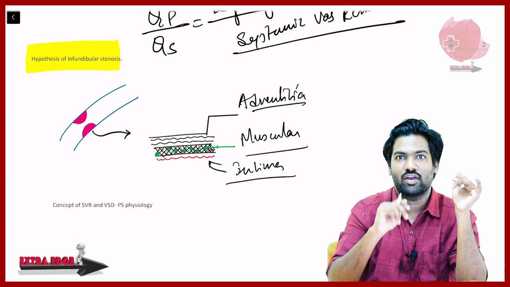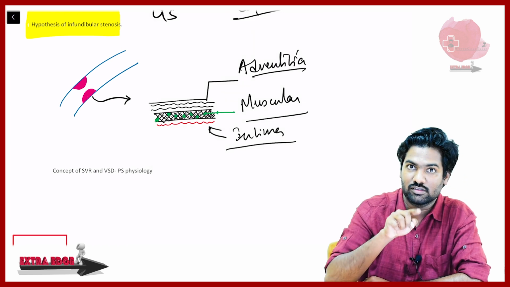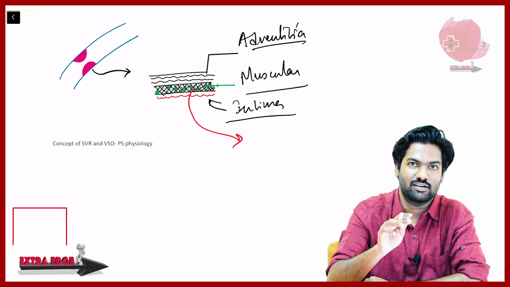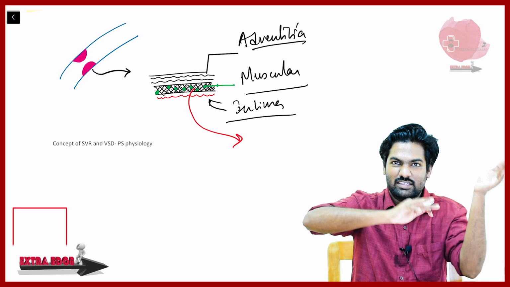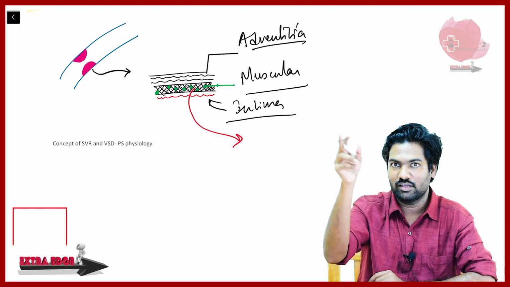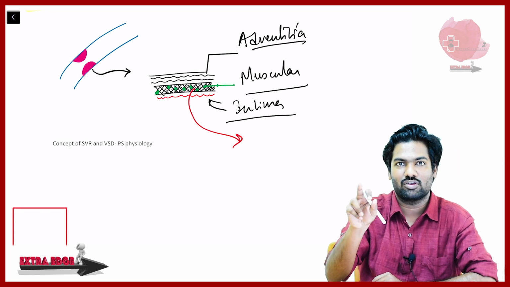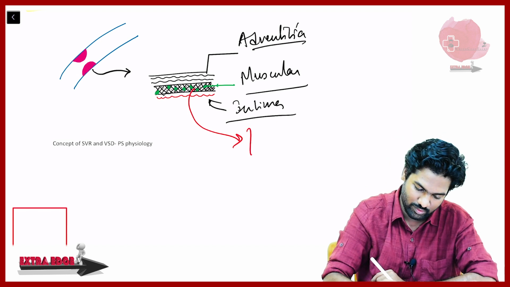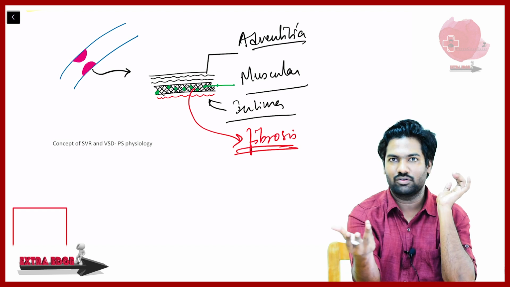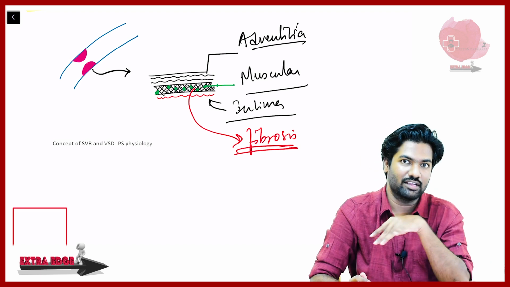But recently they have identified this muscular layer. I have drawn it here in green. This muscular layer of the infundibulum, or this entire pulmonary artery, is not just a muscular layer. It is a disarranged muscular layer with fibrosis in between, and it is supplied by the sympathetic nerve supply, the sympathetic chains also. Once they are so disorderly arranged with fibrosis in between, it is very unlikely that they are the one responsible for starting the event of even a cyanotic spell. Very unlikely. So what could be the one triggering that cyanotic spell?